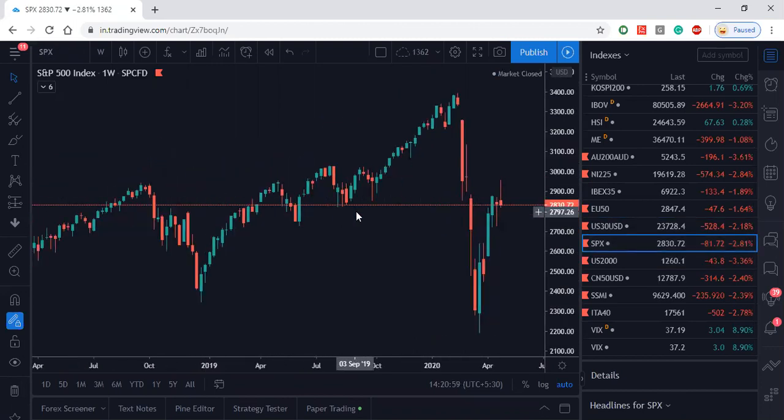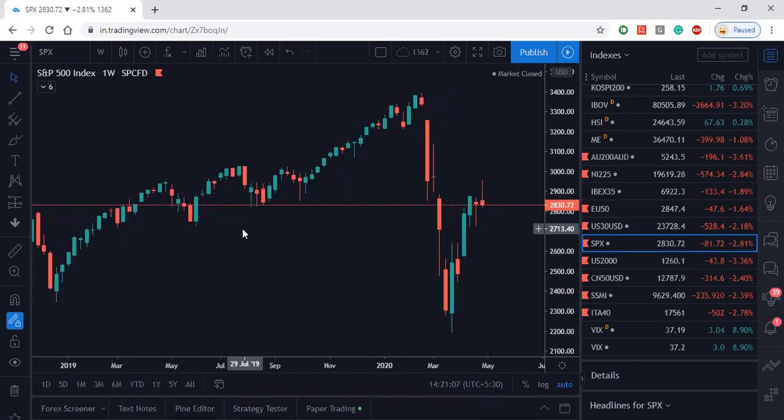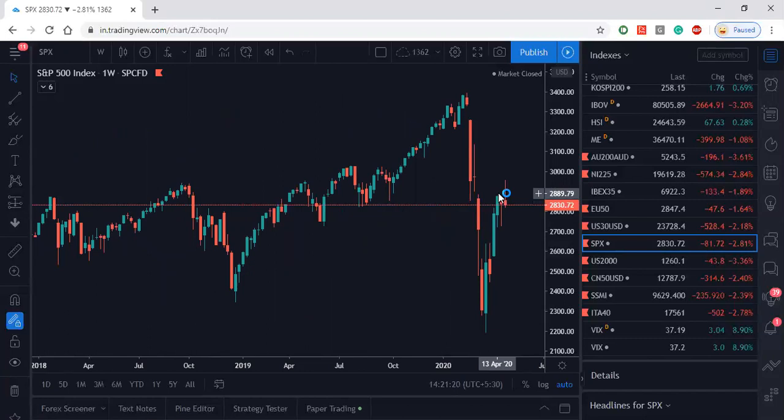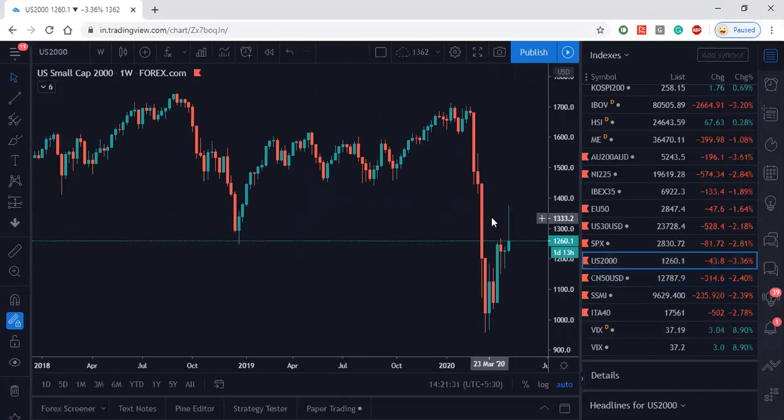I do not follow much fundamentals, though I do read, but I do my analysis only on the basis of what's shown on the charts, because I've noticed the news eventually comes in favor of what I see on the chart. Now here you see back-to-back rejections. Last week showing the market moving up. This week it went up, touched the high, and then reversed or got rejected from the resistance again. This is S&P 500. Then we have the US small cap 2000, which again has a good rejection. You can see the kind of rejection we have here.